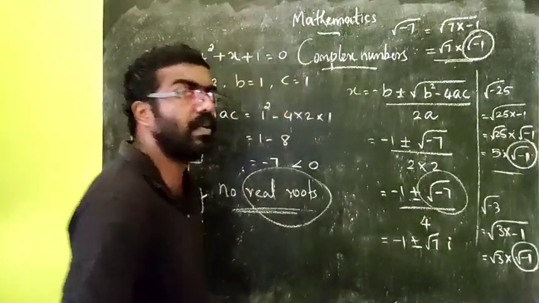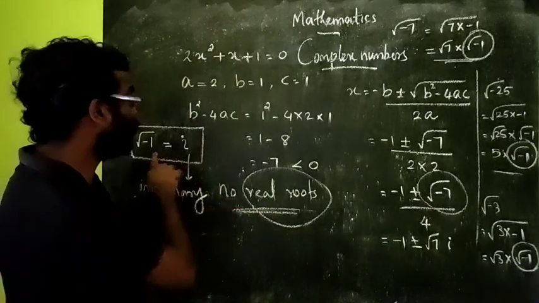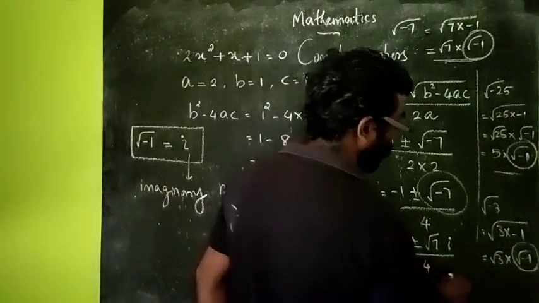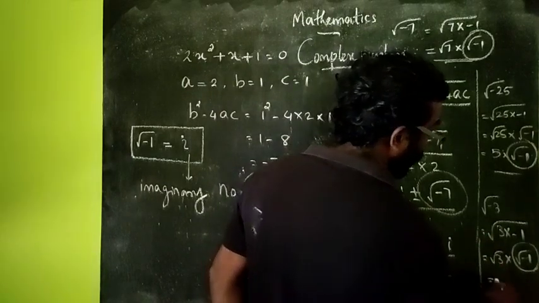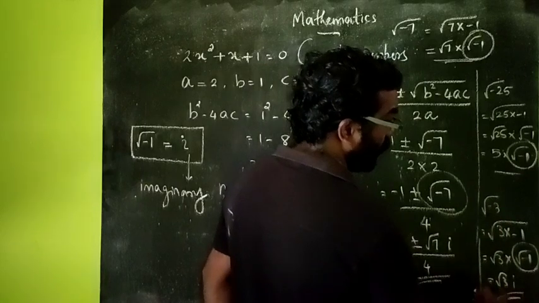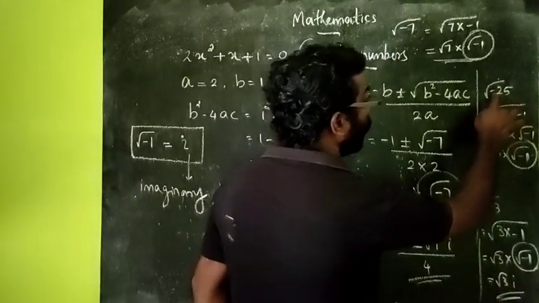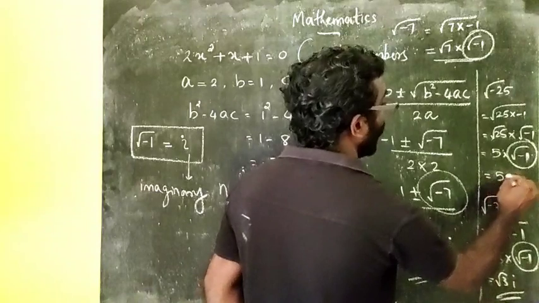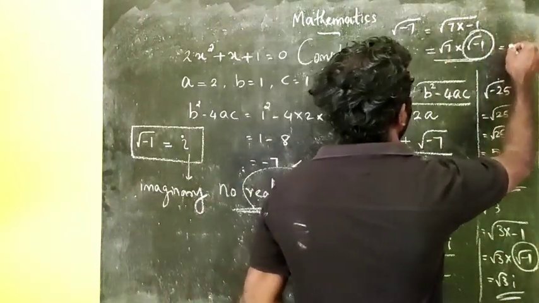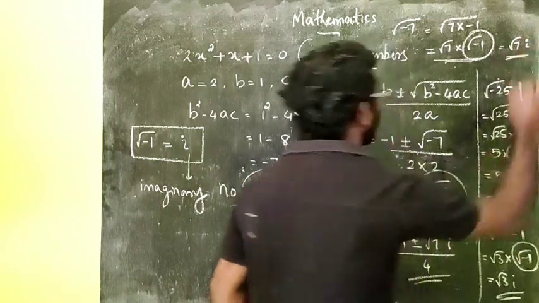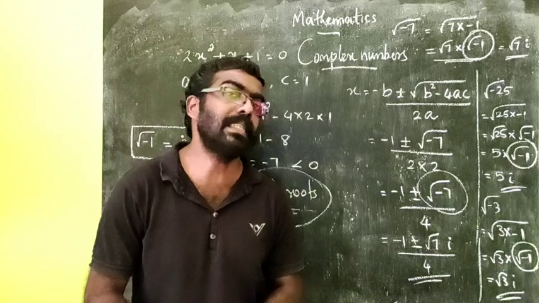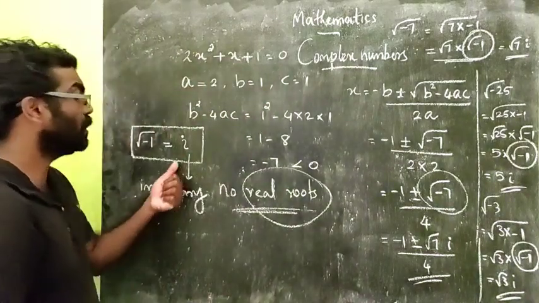Thus the minus sign we can change as i, because root of minus 1 is equal to i. Here also this can be written as root 3 i. That is, root of minus 3 will be equal to root 3 i. And root of minus 25 can be written as 5i. Here root of minus 7 can be written as root 7 i, and so on. Okay, so the value of root minus 1 we take as an imaginary number, and it is denoted by the symbol